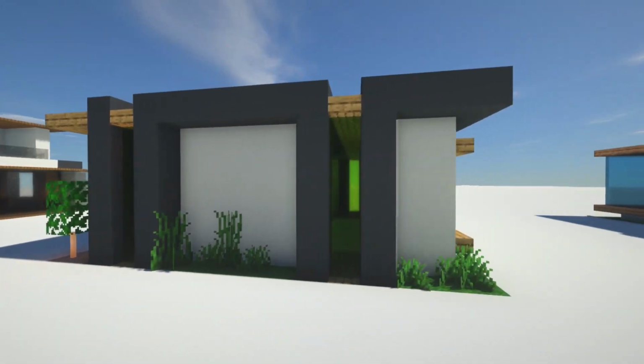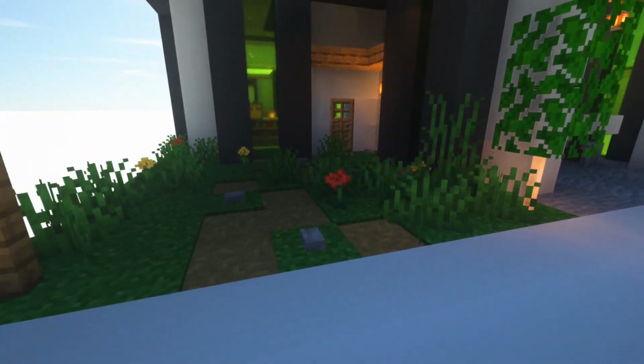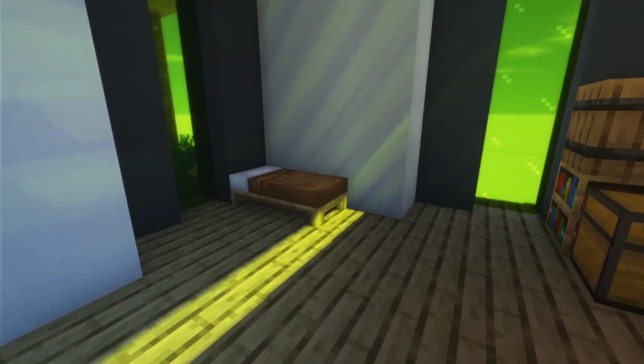So going around, you have a lot more windows and some big windows right here. As you enter through this path right here, you can just go inside. You have this little bed. It doesn't have a distinct bedroom,